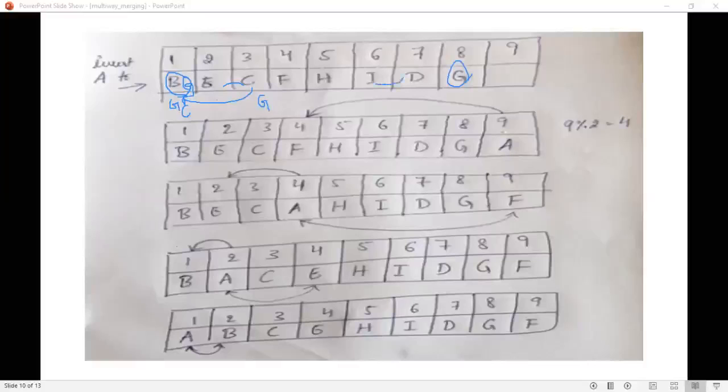This and this are the left child and right child here. Now you have to find the smallest of these two, that is D is the smallest element. You have to compare D with G. Now D is smaller, so exchange, D will come here and G will go to this position here. This is already deleted. G will come to the last position. Now this is how removal is done.